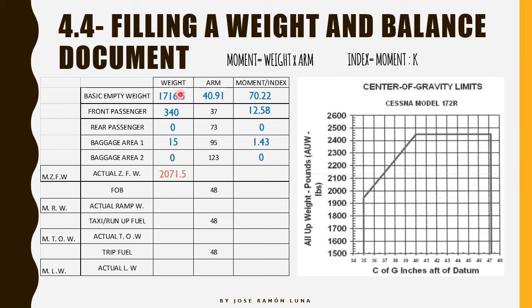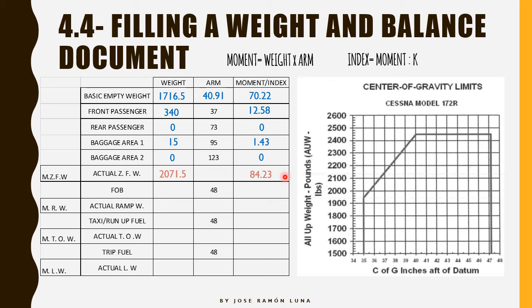So we add all the weights: the empty aircraft plus the front passenger plus the rear passengers plus baggage area 1 plus baggage area 2. It all adds up to the actual zero fuel weight. So everything that is inside of the aircraft with no fuel. Now let's do the same with the moments: 70.22 plus 12.58 plus 0 plus 1.43 plus 0 is going to be equal to